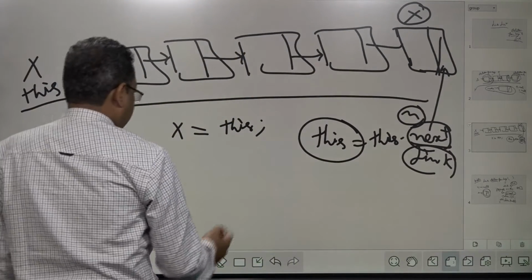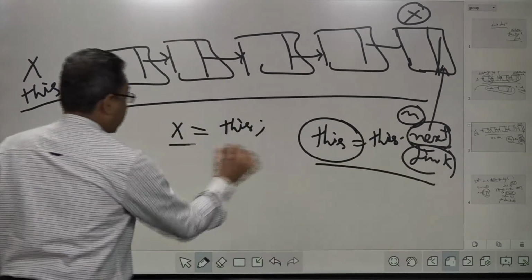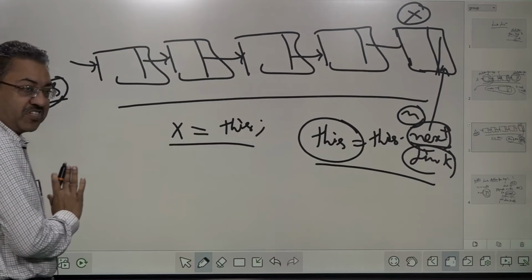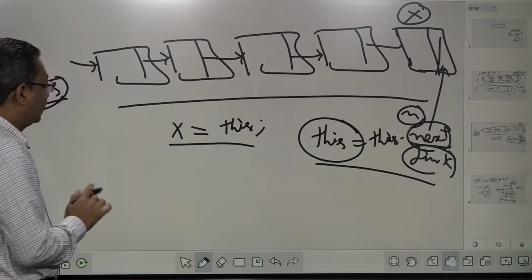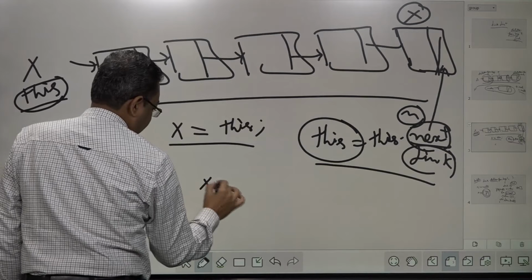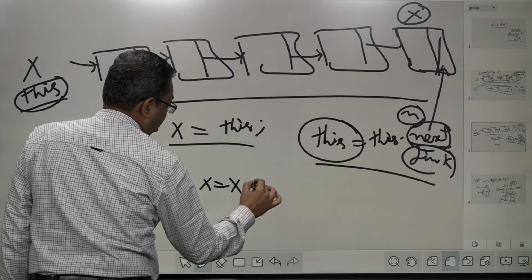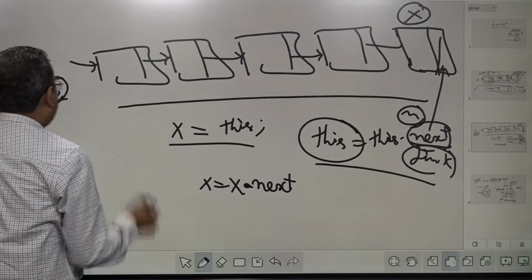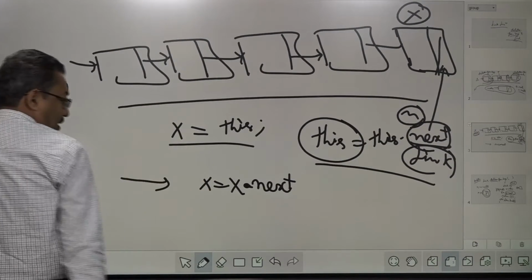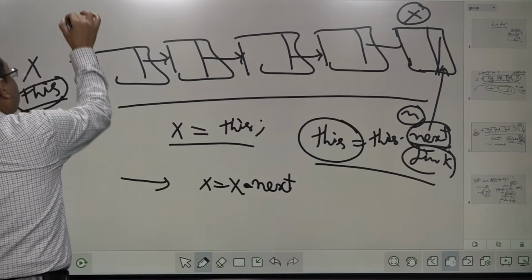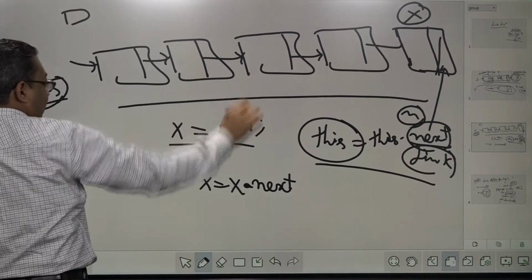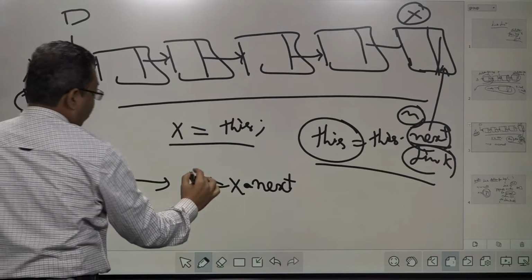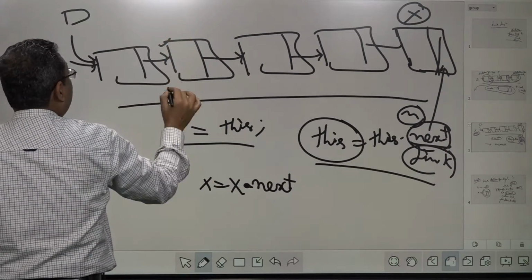Right? So I think this point is clear and this one is clear as well. I'm not making any modification to this, and then I will go for x. What to do with x? x to be x dot next, or of course x dot link. Right? So what does this statement do? x is a separate variable, not inside this linked list. It contains the reference of the very first node.